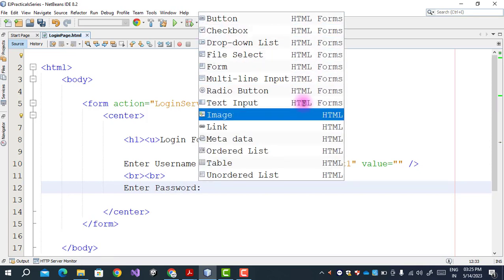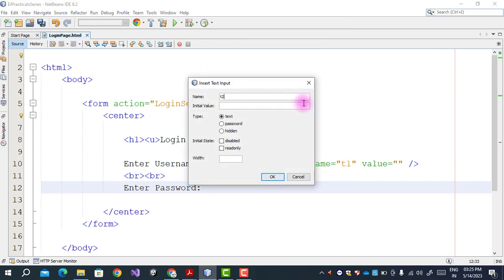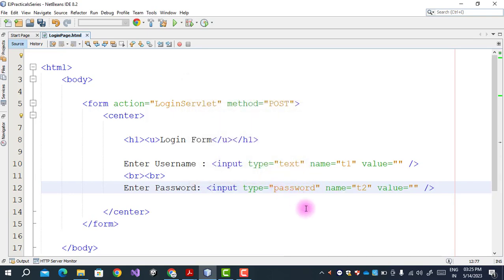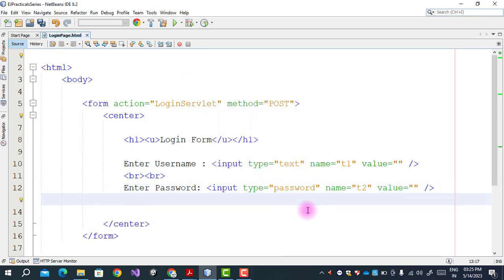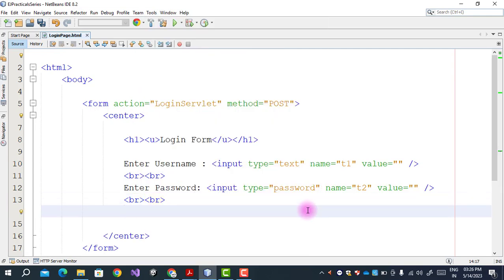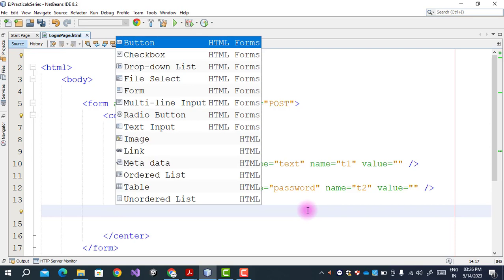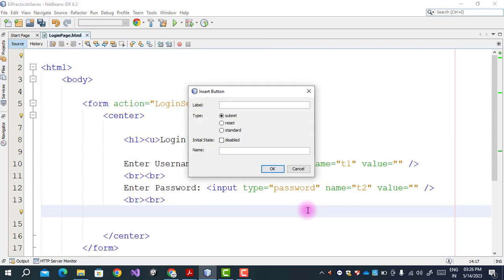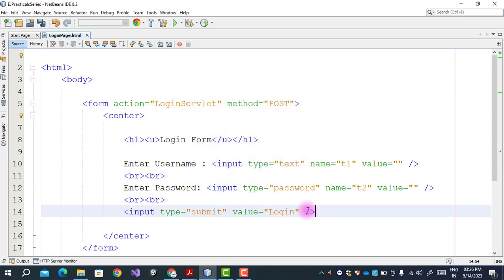Again we select text input T2, but this time we select password here. Why? Because the password is hidden. When we enter the password, it will display a dot instead of characters. Then the submit button, Control space bar, button, login. So this is my login page design.